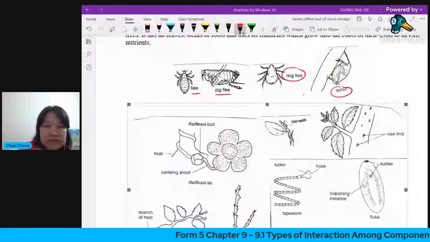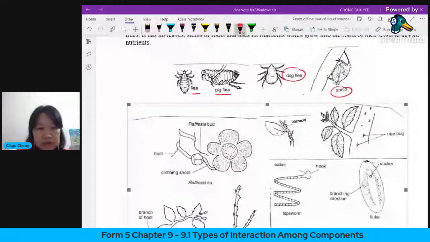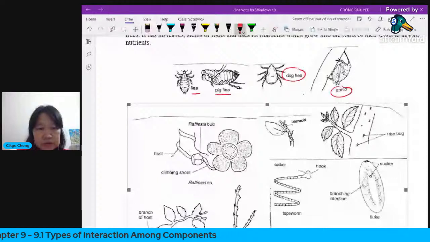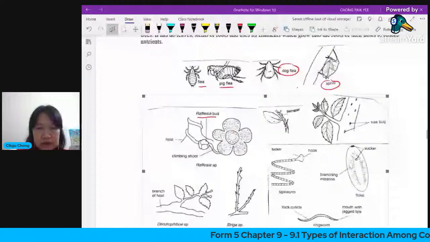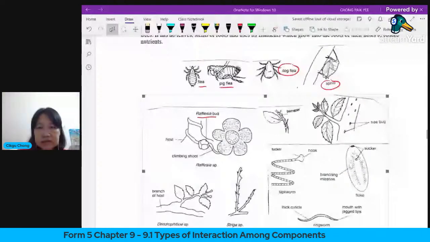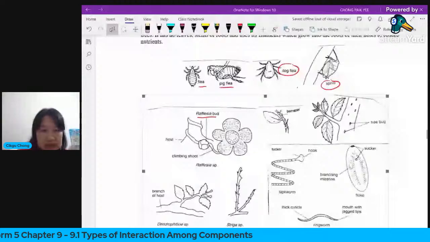Another example to show you are these worms. Okay, now we're going back to animals. Ectoparasites usually have the following adaptations. Now the worms will be inside. Ectoparasites usually have, like for fleas,